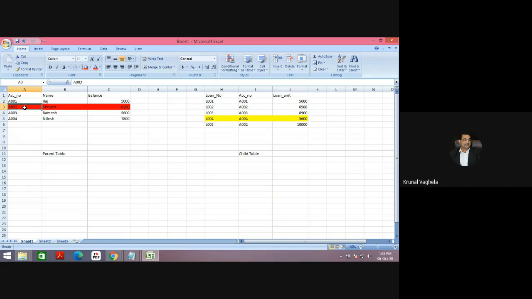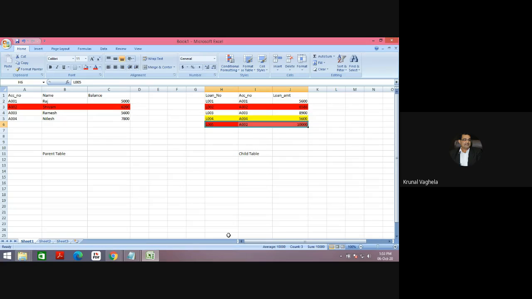So when I am deleting these, one is this and second one is this. Both entries will get deleted automatically. And when I am closing my account, all the associated loans will get deleted.